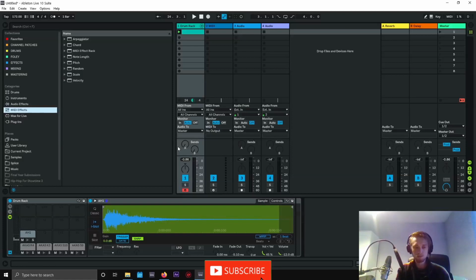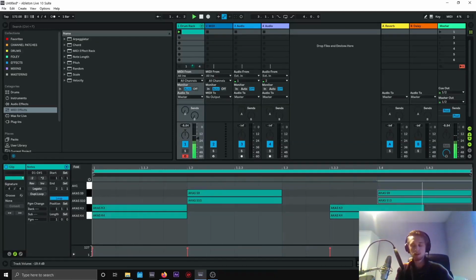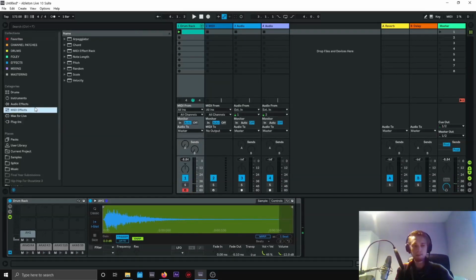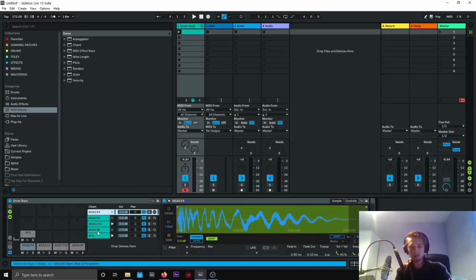Okay, so what I've got here is just a really basic kick and snare. What I wanted to show you is, if you've got the drum rack open, you put your kicks and snares in there, or whatever other percussion, hi-hats, all that stuff, and then you press this little three-line looking icon, and it opens up this chain area here, and then you can highlight. So this hi-hat I want to keep here,